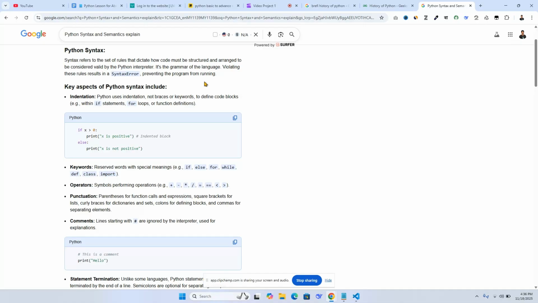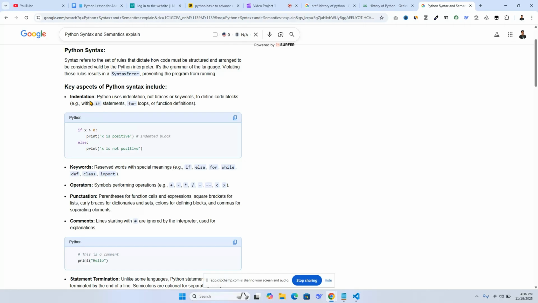That's called the interpreter. It's the grammar of the language. Violations of these rules result in a syntax error. That means your coding structure is wrong, for example a misplaced semicolon, colon, or comma. Okay, that's the syntax error.